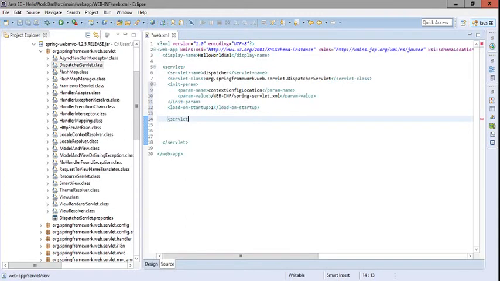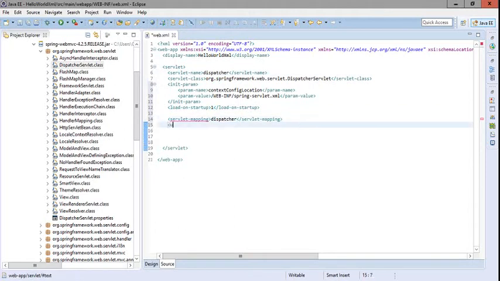Then we have to provide our servlet mapping. Servlet mapping means what type of requests should be forwarded to this dispatcher servlet, and we want all types of requests to be forwarded to this dispatcher servlet.